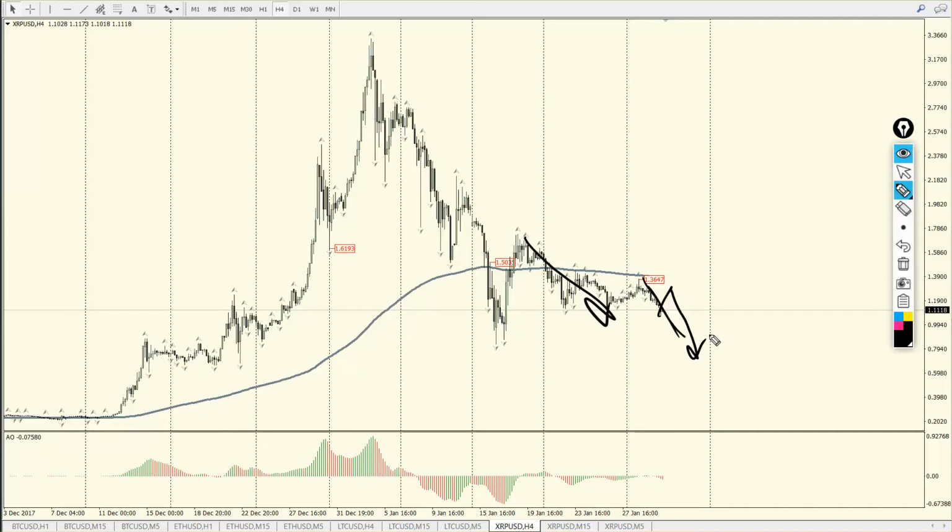And just in the case of Ripple, I don't like that cryptocurrency personally, so I will not be doing anything with it, not even selling it. I will be just watching it and following this trend, what is happening with it. That's the idea for Ripple.